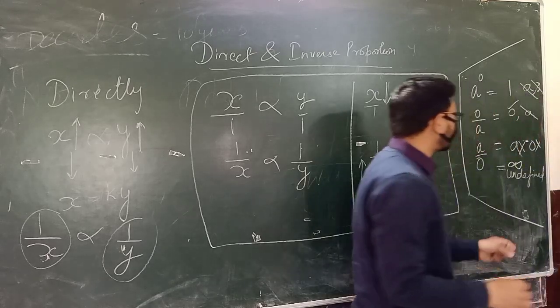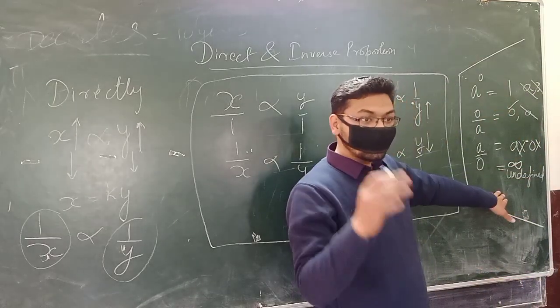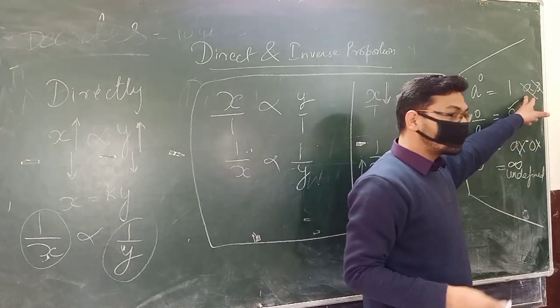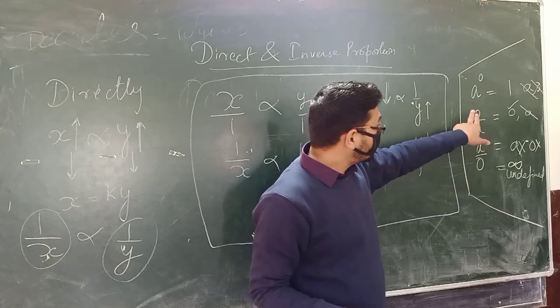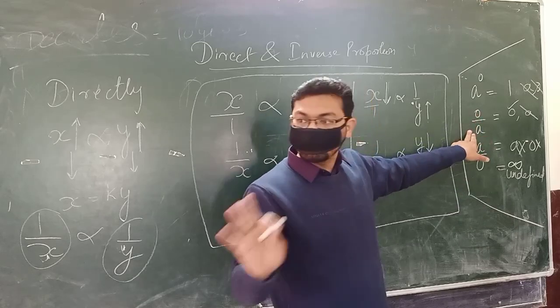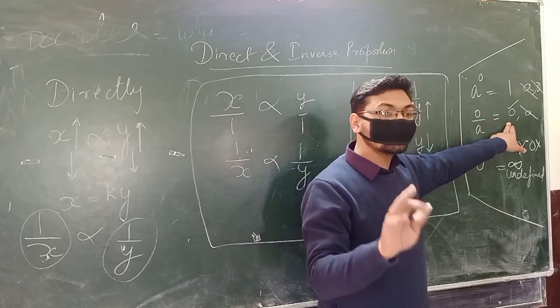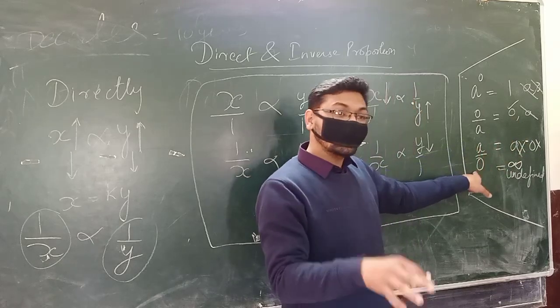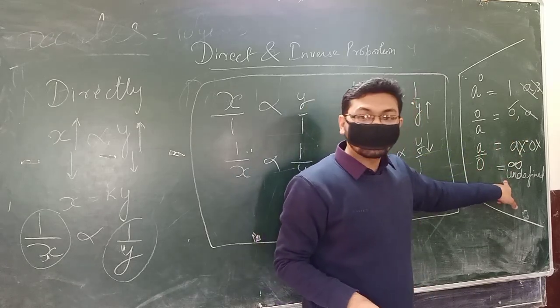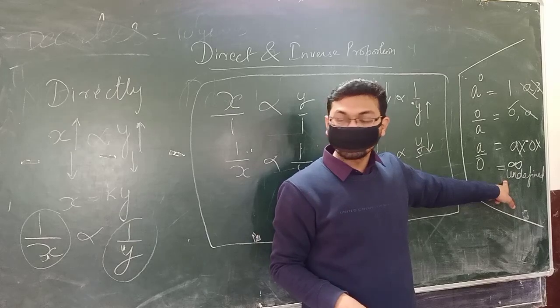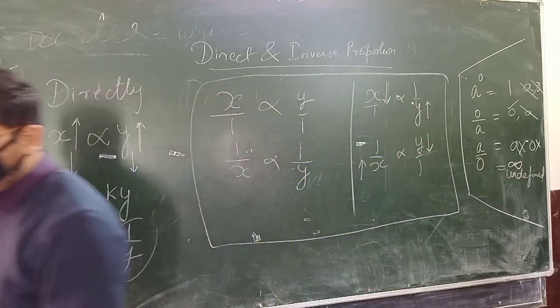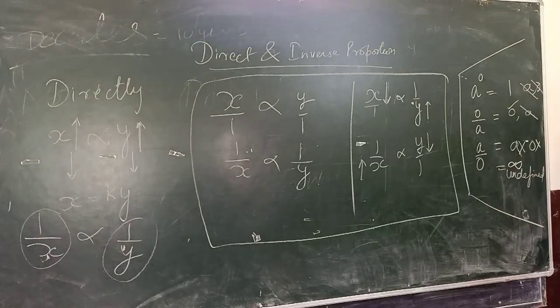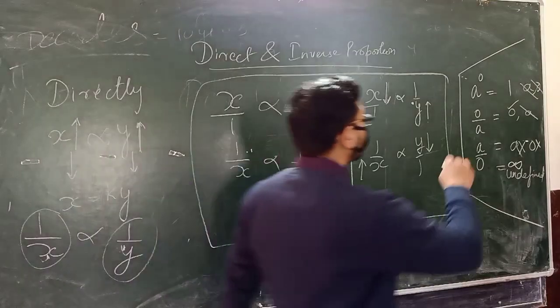So please, I just request you, note it down as it is so that you will remember these things where people go wrong. Okay? And this is the general formula. If 0 is divided by any number, result is 0. But if a number is divided by 0, it is undefined. You cannot define that number. Or you can write infinite. You can note it down on the top of your copy or somewhere else as a note. These are nothing but the notes.